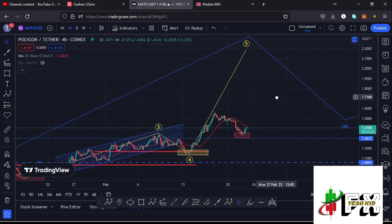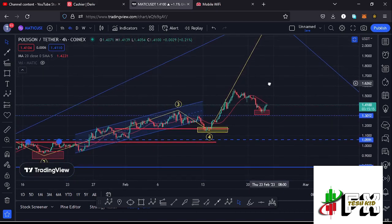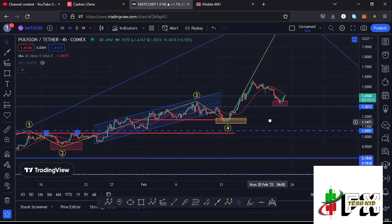And I still believe that whatever we are seeing here on the charts is the start of a massive bounce to the upside in the formation of this wave 5. And before I get further into the technical analysis and also give you the short-term scenarios that I'm expecting to play out,